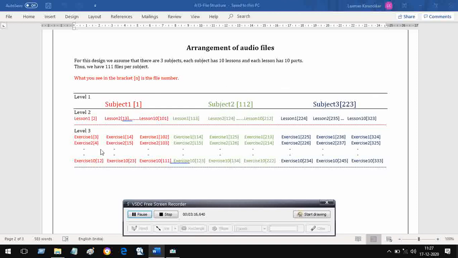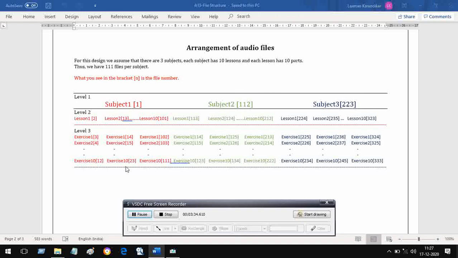So you already have files address 1, address 2, address 3 to 12 in subject 1, lesson 1. Got it? And therefore when you come to lesson 2, you start with 13, 14, 15 up to 23.